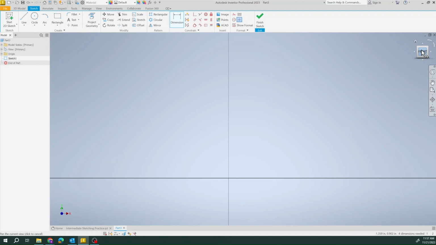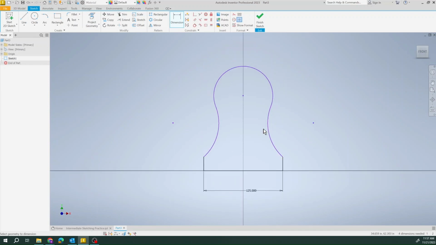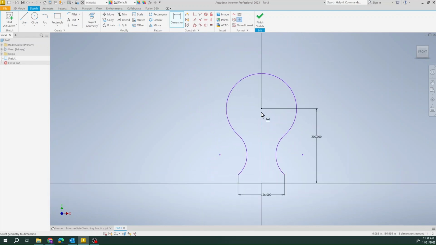And then my sketch disappears, so I hit the front and it'll zoom out. I can always use my scroll wheel to zoom out. And I have this one base of 125. The next one I'm going to add in is going to be this 200. And I'm going to type 200 after I place that. And you'll see that my light bulb kind of gets to be a little bit big and bulgy, if you